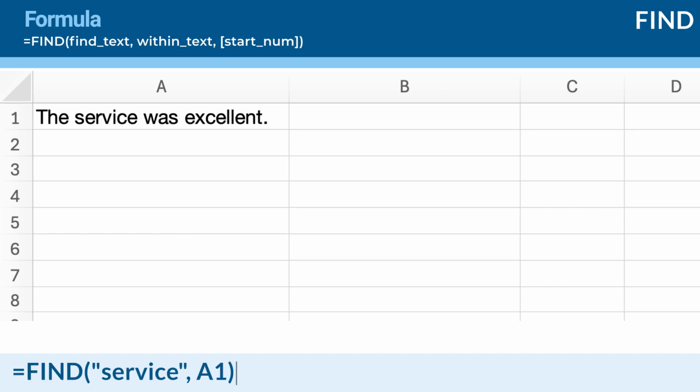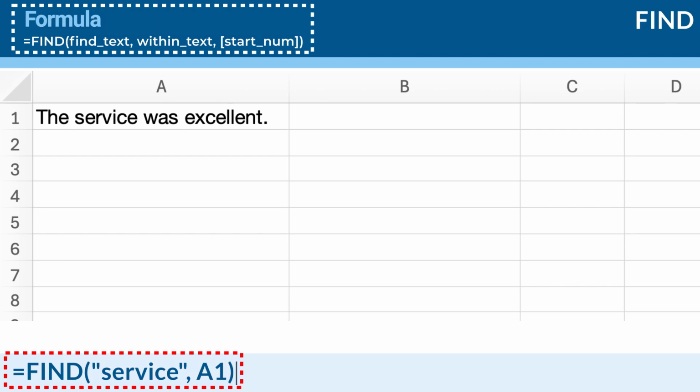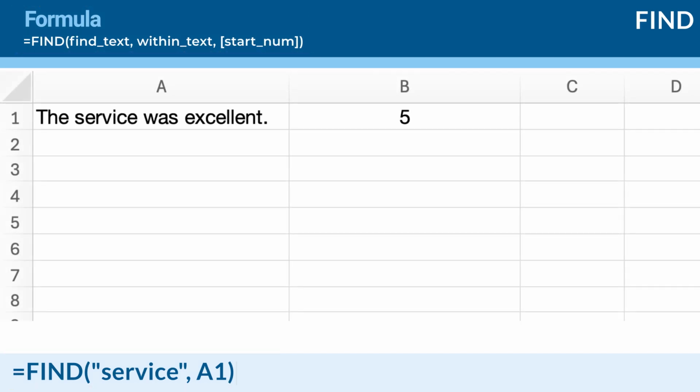Here's an explanation. Find_text, "service", is the text we want to locate within the string. Within_text, A1, refers to the cell containing the text, "The service was excellent." Start_num is omitted, so the search starts at the first character of the text string. Press Enter, and Excel will return 5, indicating that the word service starts at the 5th character position in the